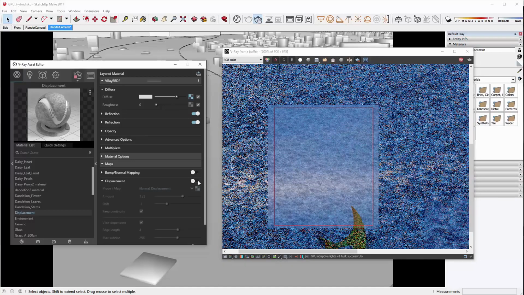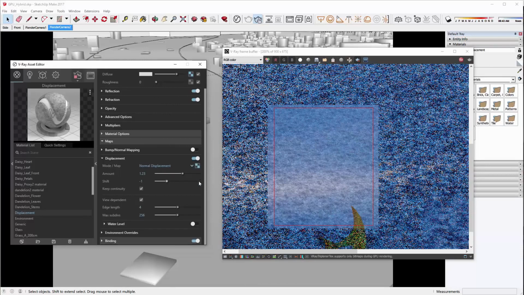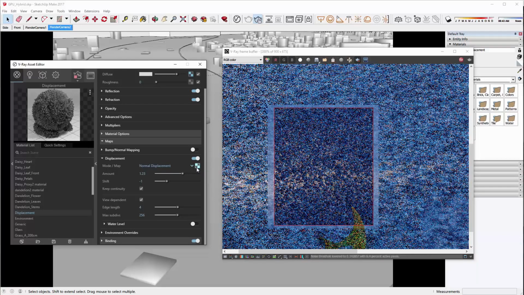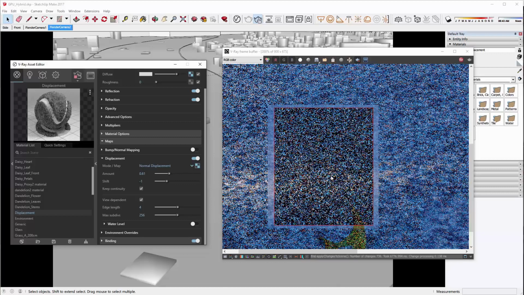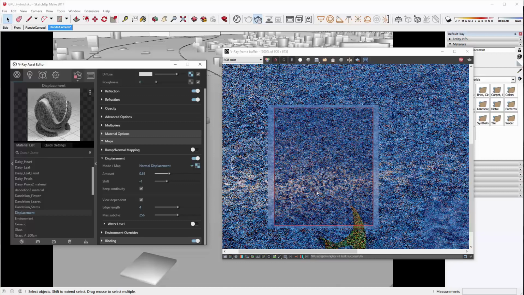I'm going to expand the options and enable so we're able to change the options here. So right now the amount is going to be too much. As we can see in the swatch, it's just way too much. So what we can do is just lower the amount. That's exactly what I'm going to do next. Just take the slider, slide it to the left, and we're going to have less displacement. We also have options for shifting the displacement. This is the result from the amount.